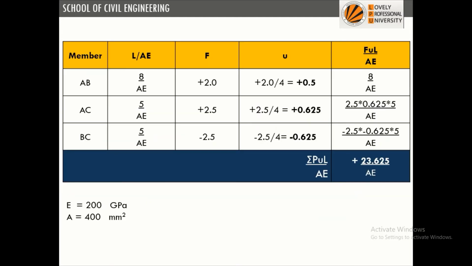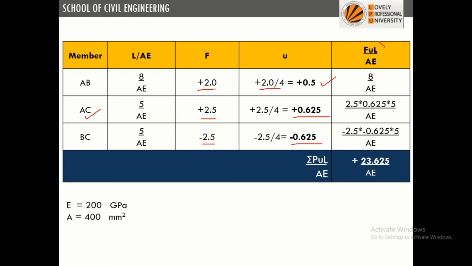So what we see, if the force in the member was 2, for unit load it will be 2/4. So it works out to be plus 0.5. For force in member AC, the external force was 4, so we got the value 2.5. Now the external load is 4/4, that is 1, so we will divide it by 4. So 2.5 by 4 is equal to plus 0.625, and this was minus 2.5, so it will be minus 0.625.